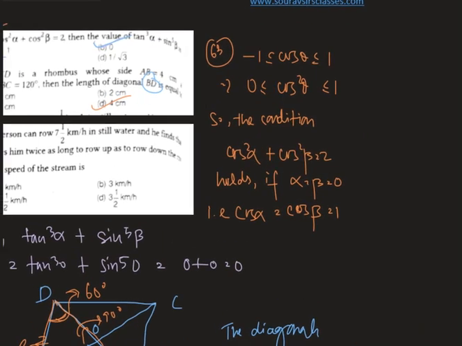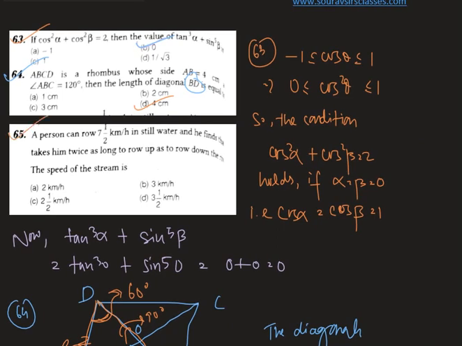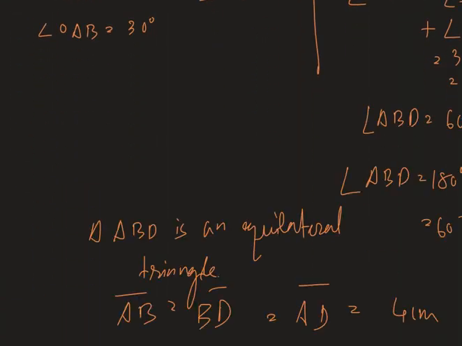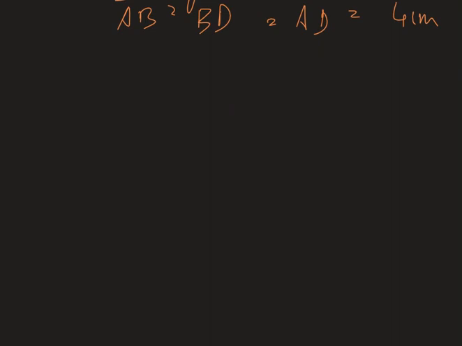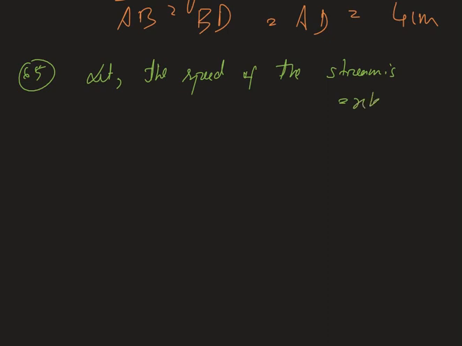Now let's take the next question. A person can row 7.5 km per hour in still water, and he finds that it takes him twice as long to row up as to row down. Now we need to find the speed of the stream. So assume that the speed of the stream is x kilometer per hour,